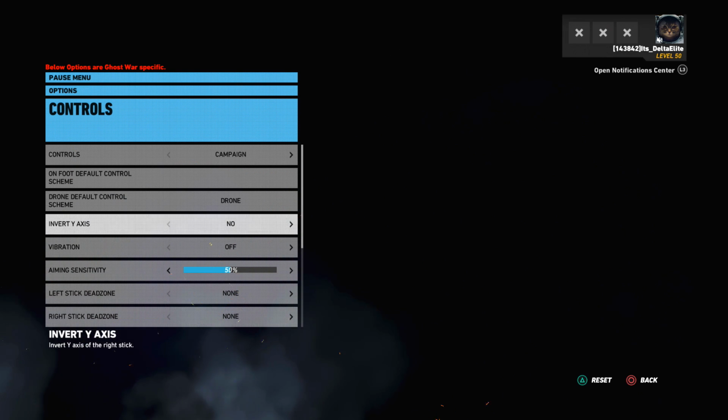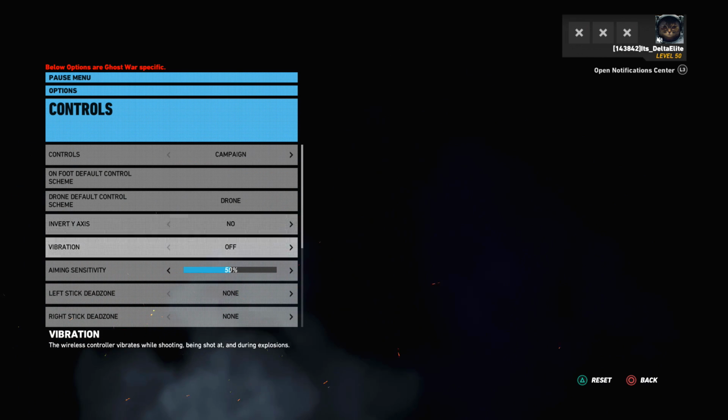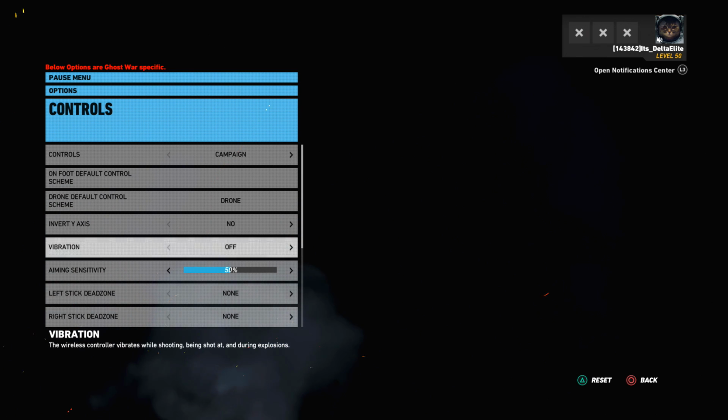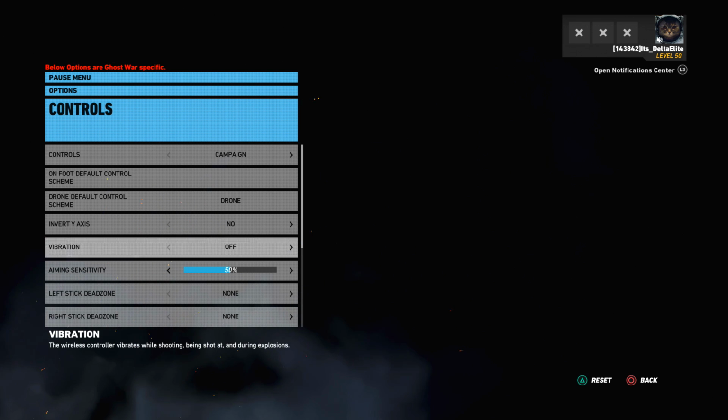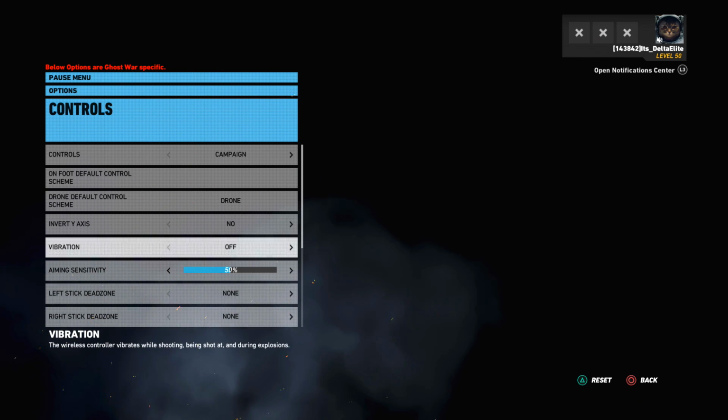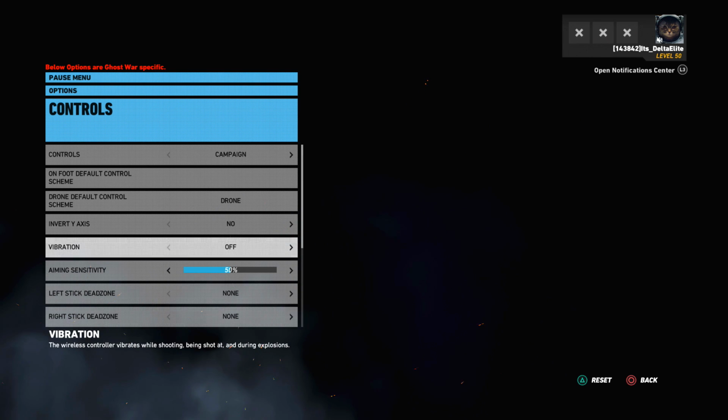Next up, Invert Y-Axis I have off. Vibration I have off. Some people like the vibration on. I don't know why. Maybe you like feeling a vibration. Maybe stick it between your legs. I'm not one to judge, I know some people got their things that they like to do when family isn't